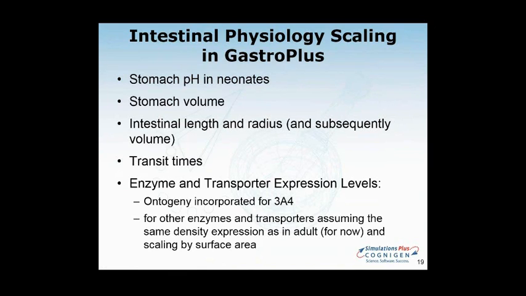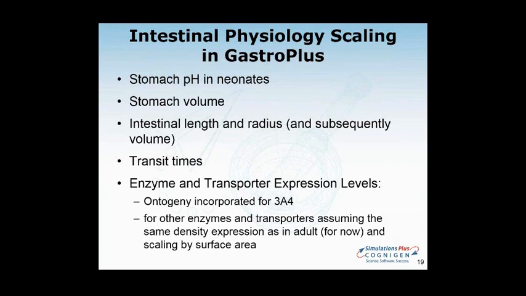So if we assume that it's growing proportionally and kept the same split of duodenum, jejunum, ileum, and colon, we made some assumptions, but that allowed us to scale to the length and radius. So with those, we do have quite a bit of confidence. The transit times do become more dependent on what method was used when they were measured. So there is more variability in those, but